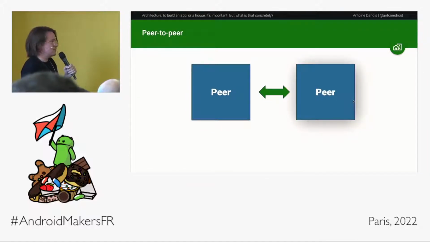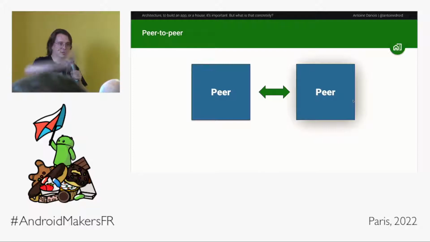Here, it's the peer-to-peer architecture. So maybe you already know what a peer-to-peer is, and if yes, you probably already downloaded some movies illegally or something, you know. But with a peer-to-peer architecture, a peer is a client, but also a server. So it's like creating big nodes, a web, and everything. So yeah, to communicate, it's great.